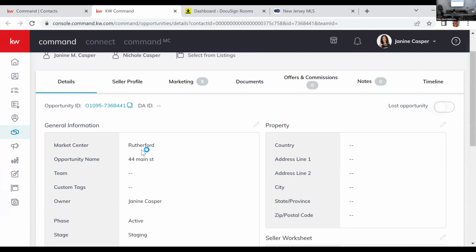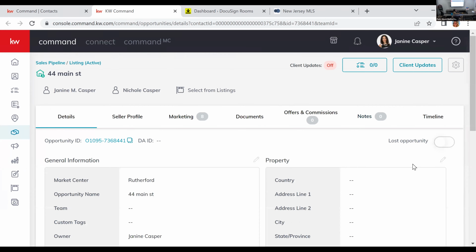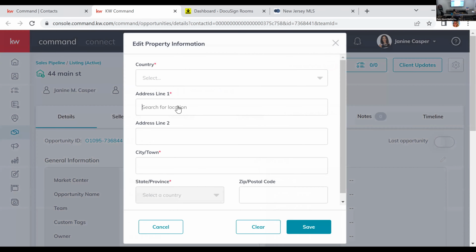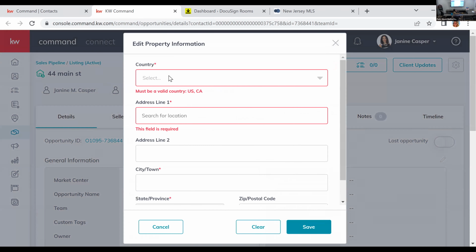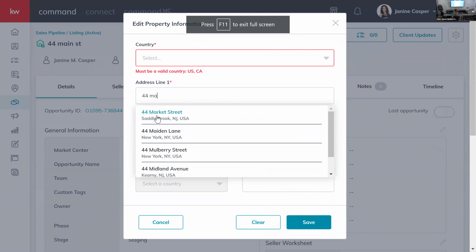And here you can see that general information, market center, opportunity name, everything you just put in over here. To your right is the property. Immediately click on this and, oops, we're not in Canada. Start searching for your property address. This is linked to Google Maps. So as you type, okay, we'll do